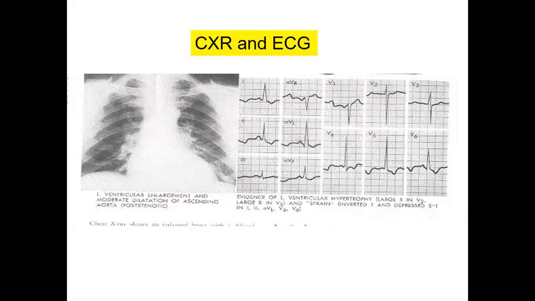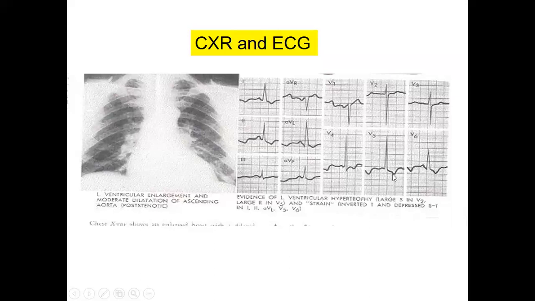You can see over here that in V5 and V6 there is the largest R wave in V5, and there is also ST-T depression. This is typically known as the left ventricular hypertrophy strain pattern. So LVH is of two types. One is left ventricular hypertrophy of the pressure overload type, and the second type is left ventricular hypertrophy of the volume overload type, where only the amplitude is increased and there is no strain. So this is the typical sign of the strain, when there is a depression after the R wave.